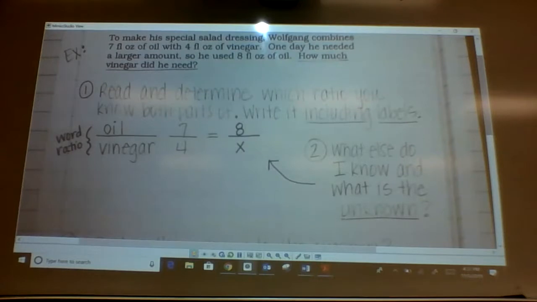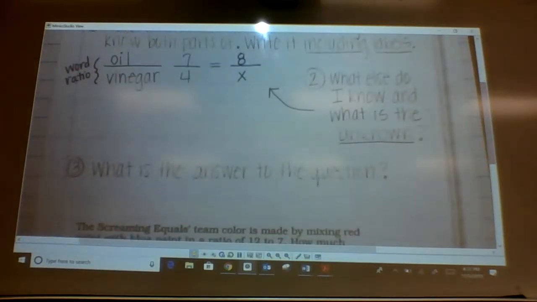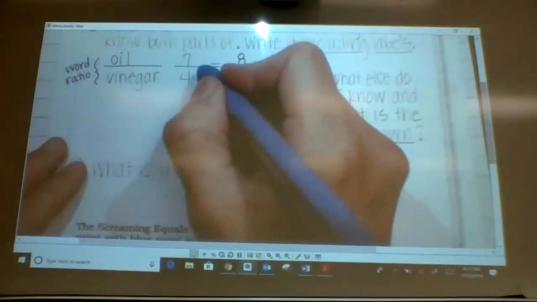Well, I have two things I need to think about. First of all, do I have a direct relationship? Is there something I can do to 7 to get 8 by multiplying or dividing? I can't think of anything. Can I simplify 7 and 4? Nope, I cannot. So that means I'm going to use cross products. So I'm going to